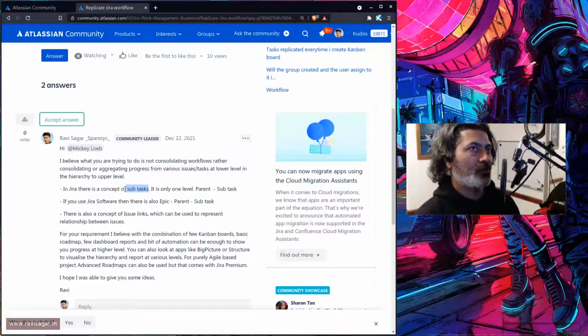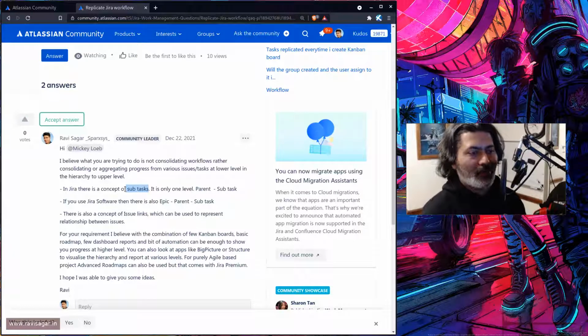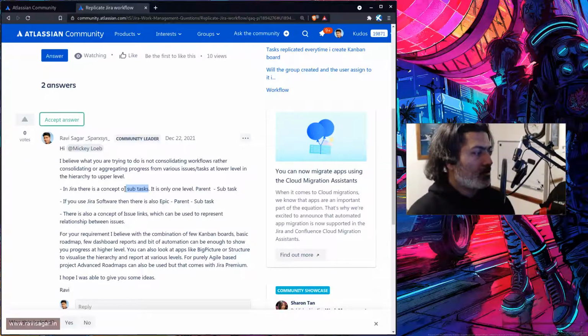Let me give you an example of test management. When you're working on test management, your main parent could be test campaign, and then your subtask could be test cases, and you have just one level. You have parent and then you have subtask.